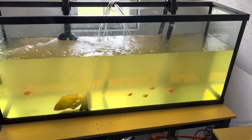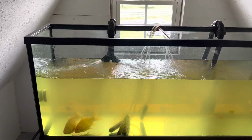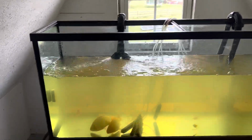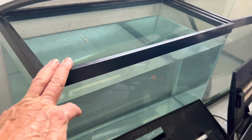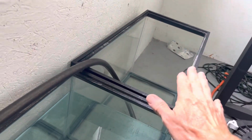Okay, now that I've got the glass cleaned off, got the bubblers cleaned off, I'm going to go ahead and add some water back in, and hopefully I can fill it back up to the top with the one 25-gallon fish tank of water that I've got. I only took out 10 gallons of water, so this should work. But either way, I'm going to fill up this other one this time, and that way I have 2 of them